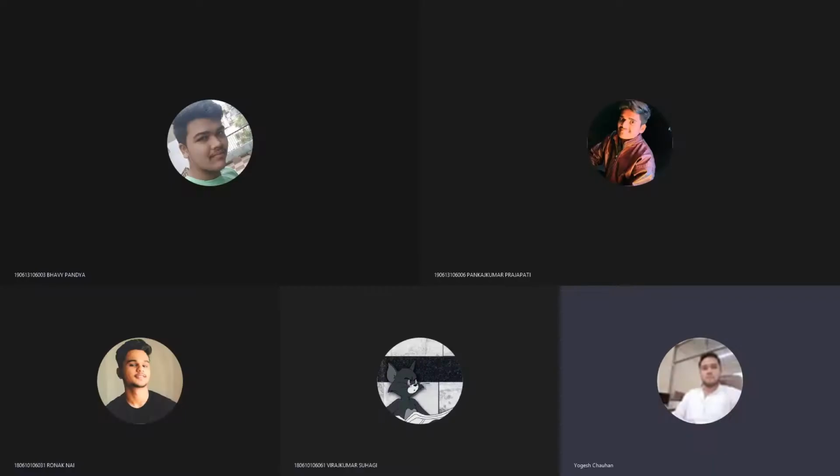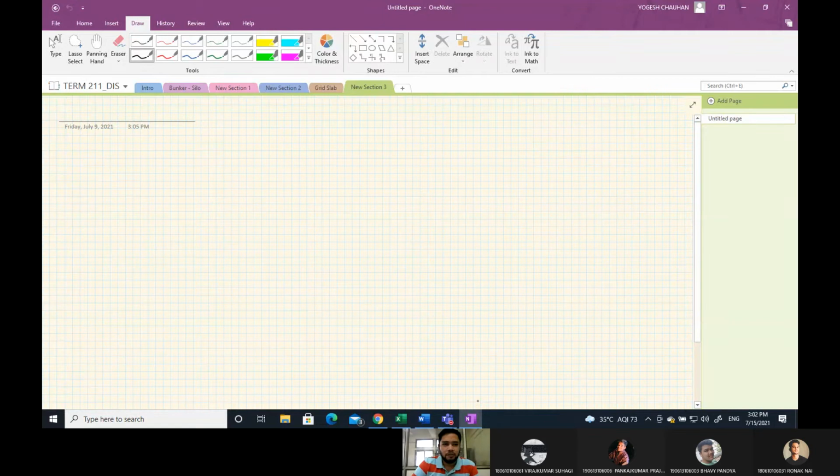Okay, so in the last few lectures, we have solved an example of a grid floor using IS code recommendations. Now today we'll take an example to design a grid floor using the Rankine-Grashof method. So the data, for example, is